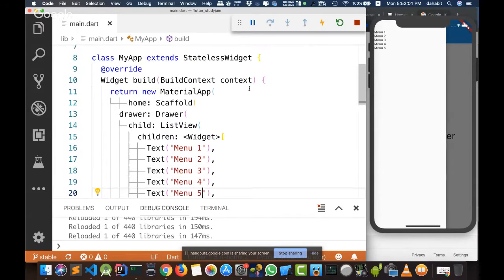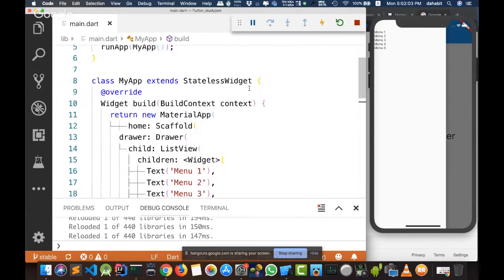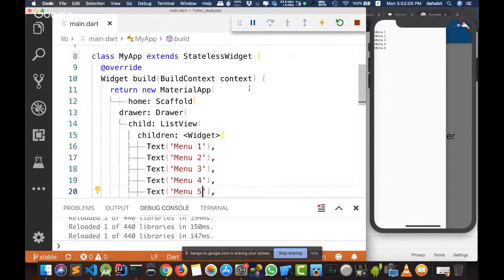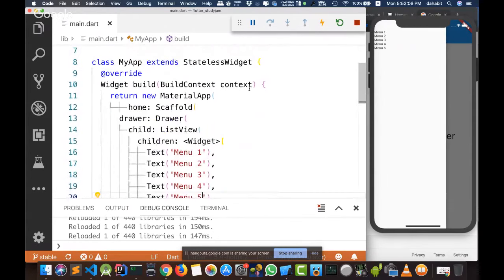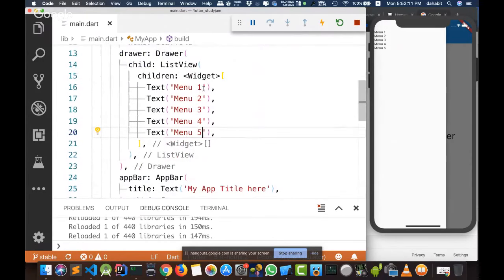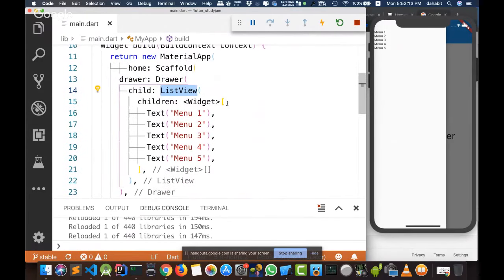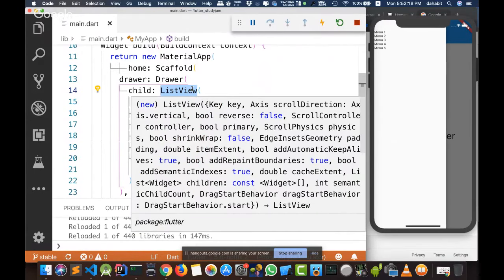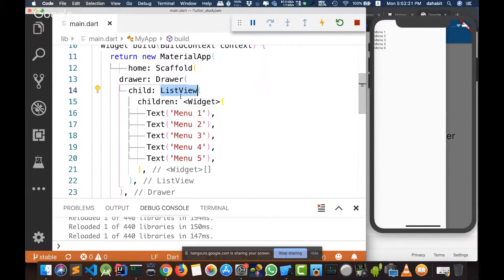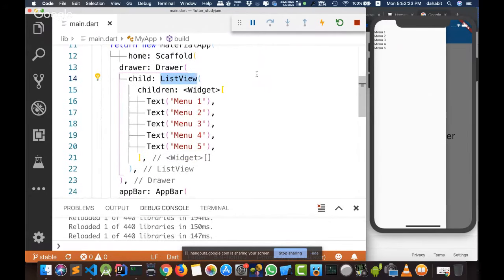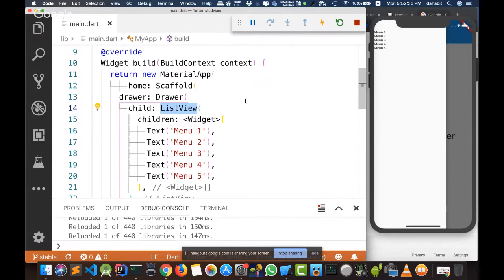One of the most important widgets I need you to know: there are a lot of widgets that you will use all the time inside your application, like container, center, text, and list view. For example, if you check the WhatsApp application, you will find it uses list view that allows you to scroll your contacts details and scroll the data on your application. Facebook uses a list view, Twitter application uses the same list view. So list view is one of the important widgets that Flutter provides to you to build scrollable elements of data.